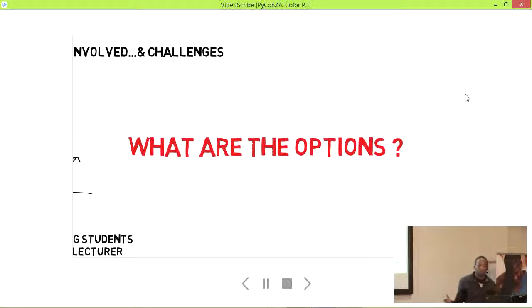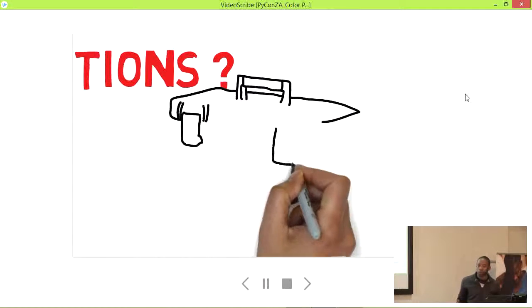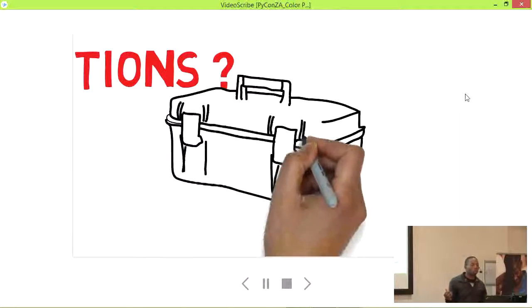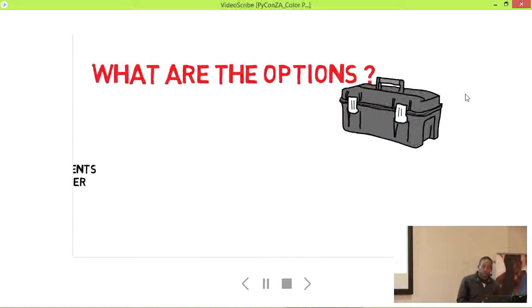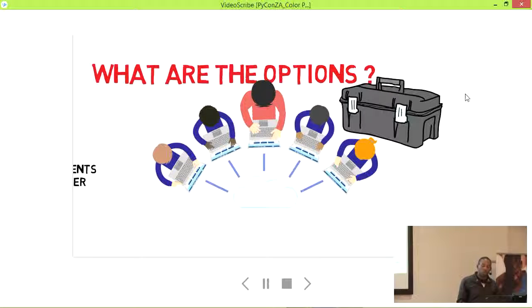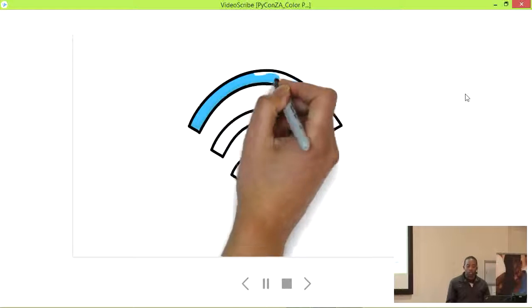So what are the options in order to achieve this via computer vision or any other kind of technology? So we've got a toolbox. This is our problem. We need to find a solution. What we're going to use is technology. Pretty cool. Okay, so one of the things you can use is a cloud service. Everyone logs on their laptops, gives their feedback off laptop, it gets recorded, and yeah, you've got your answers.